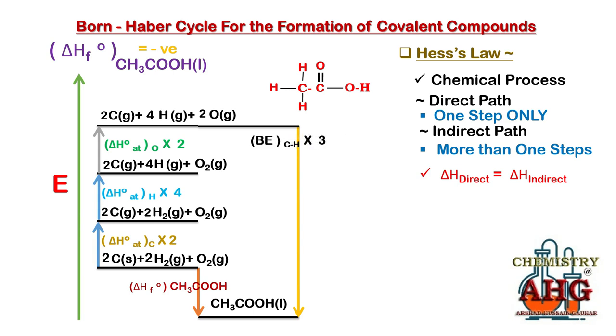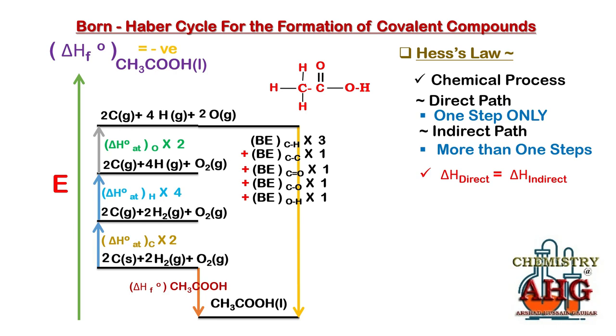Moving on, from left to right. The next bond that you can see is the bond enthalpy of the C-C bond multiplied by 1. Moving on, there is the C double bond O, so the bond enthalpy of C double bond O into 1. Moving on, the bond enthalpy of C single bond O. Moving on, the bond enthalpy of the O-H bond. So you must remember, whenever you are labeling bond enthalpy in the Born-Haber cycle, you must know the displayed formula of a covalent compound.